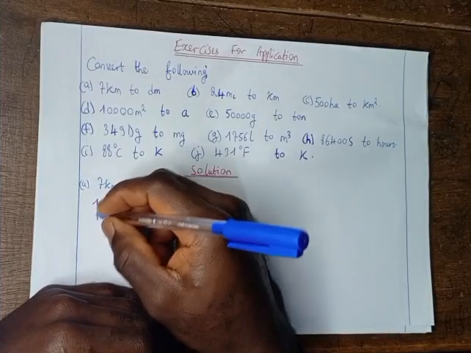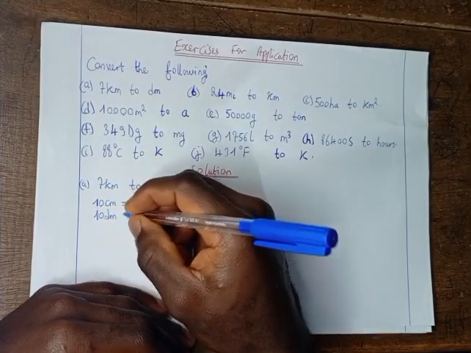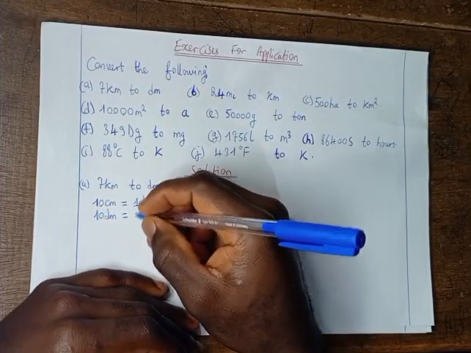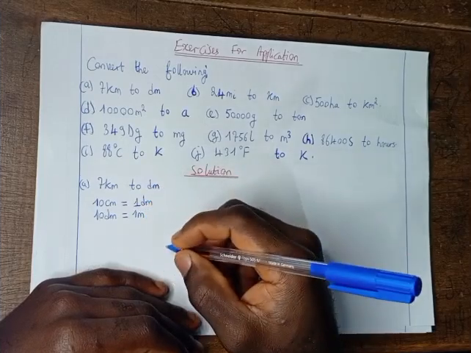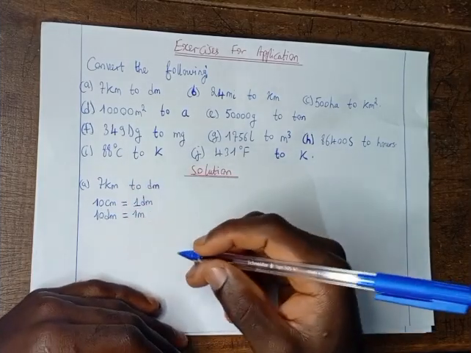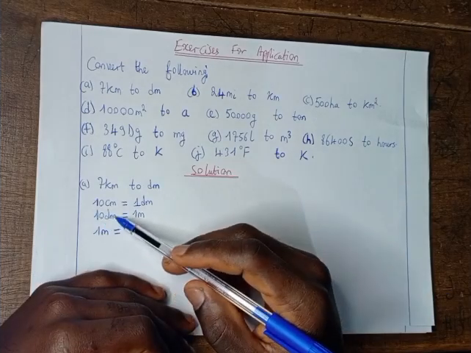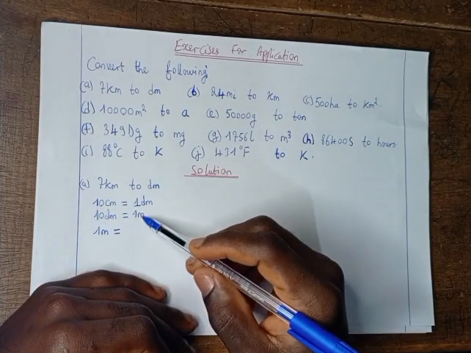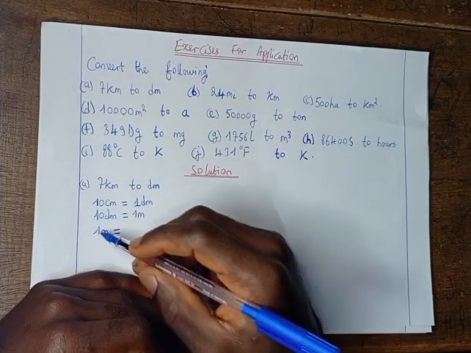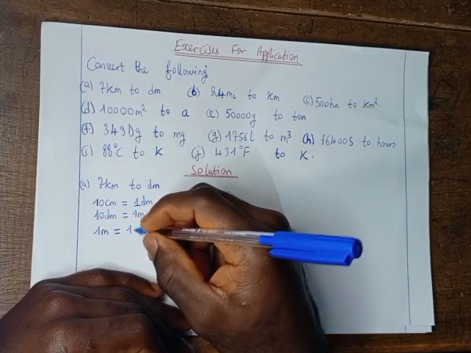Next, we know that 10 decimeters is equal to 1 meter. From here, we can easily do the conversion. 10 decimeters is equal to 1 meter. It's the same as saying that 1 meter is equal to 10